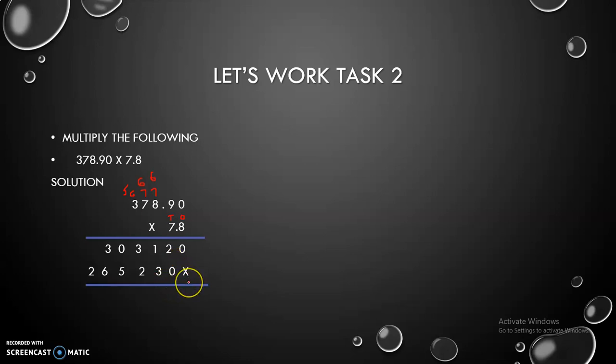Now we have to add 0, 2 plus 0, 2, 1 plus 3, 4, 3 plus 2, 5, 0 plus 5, 5, 3 plus 6,